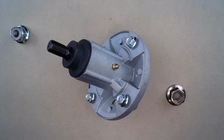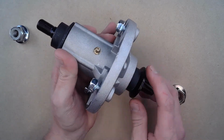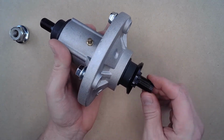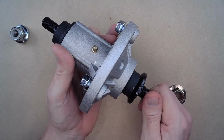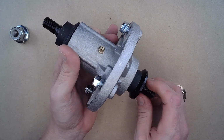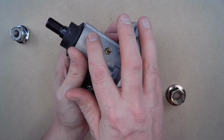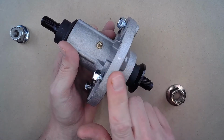mower or contact us. What a spindle assembly does is it makes sure that your cutting blades, which are attached on the bottom, are operating as smooth as possible for the absolute best cut of your lawn. And if you are hearing grinding noises from your blades or they are spinning unevenly, you may have a problem